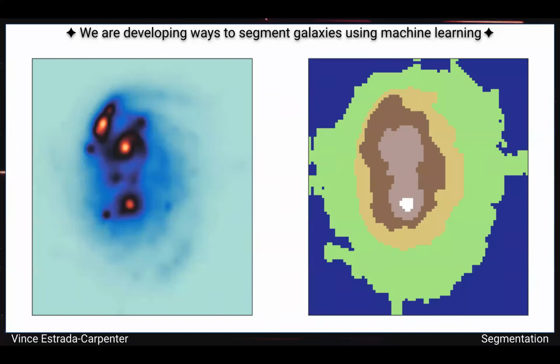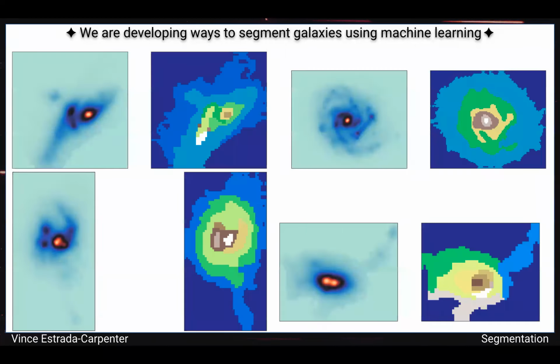In fact, we're at the point in his work where he's going to start giving me segmentation maps using all different combinations of properties, colors, and mass and whatever. And we're going to test those to see what sort of works the best. Here are some additional segmentation maps he's generated with these different galaxies, all the same idea. And it's working out pretty well. At least the segmentation maps look good, but we have to see how well they actually do at fitting the